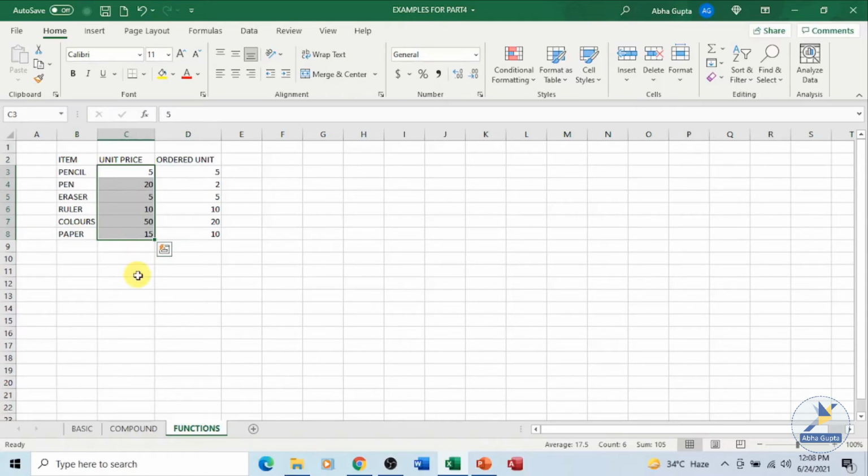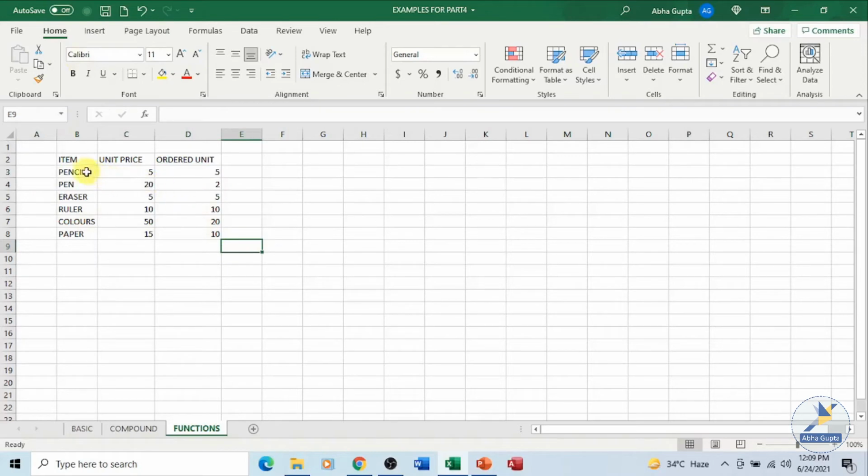If we talk about row ranges, if I select from here till here, this is an example of a row range where the row number remains the same but the column heading changes. For example, in this row range we have B3, C3, D3 and E3. Row number is the same and the column headings are changing. We make use of ranges in our formulas, in our functions. We will see one more example of a function where we will make use of cell range.